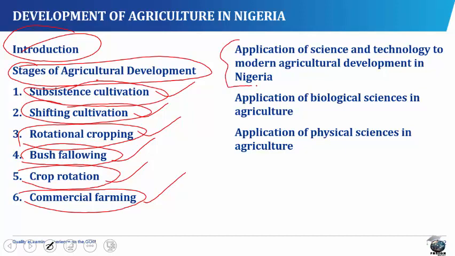Application of science and technology to modern agricultural developments in Nigeria. Agriculture is derived from two Latin words, agar meaning field and cultura meaning cultivation. Today, agriculture can be defined as the production of plants and animals with all its inclusion for human and animal needs. This involves cultivation of land, planting, breeding, protecting, harvesting, processing of harvested crops or produce, feeding and management of